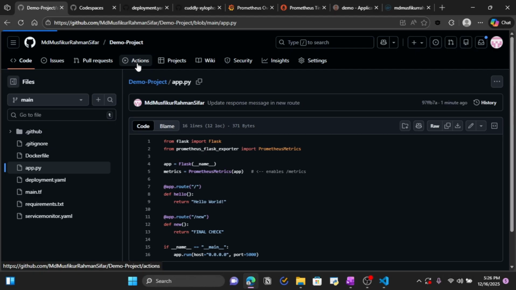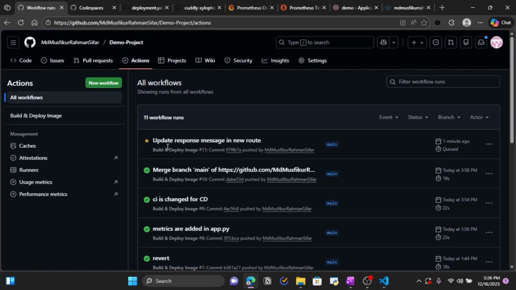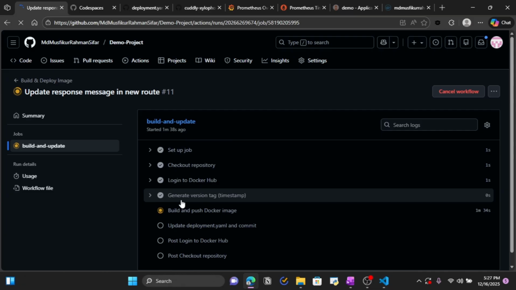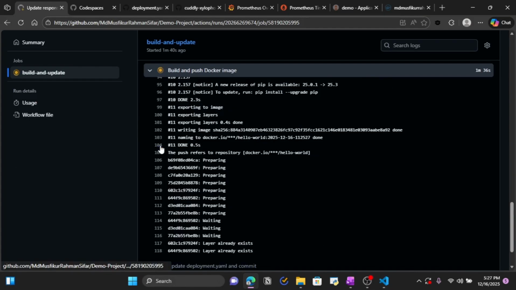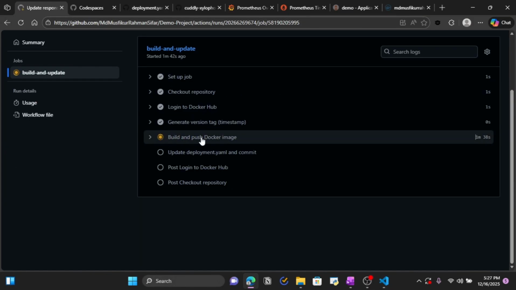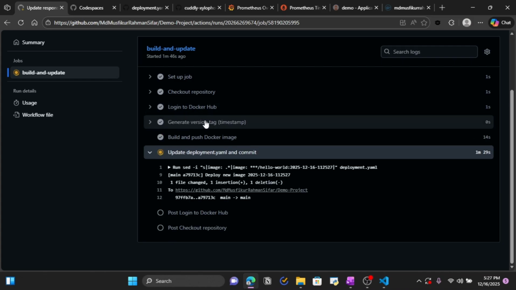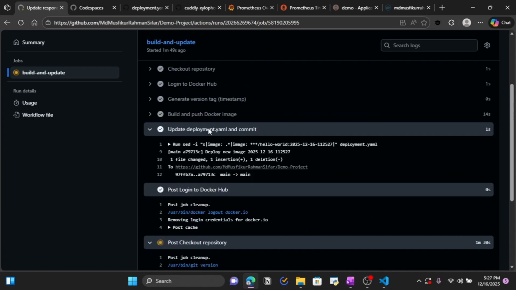Let's go to the actions. We should see a new CI running. Here you go. You can click on it, go inside again, and you should see all of the steps running. Our build and push step is running. It has logged into DockerHub. It has generated a tag. It has built and pushed to our DockerHub,